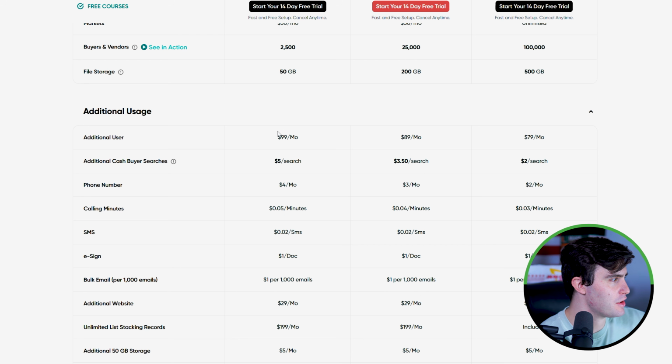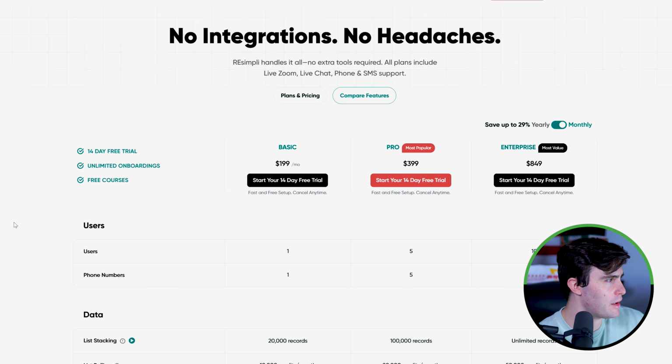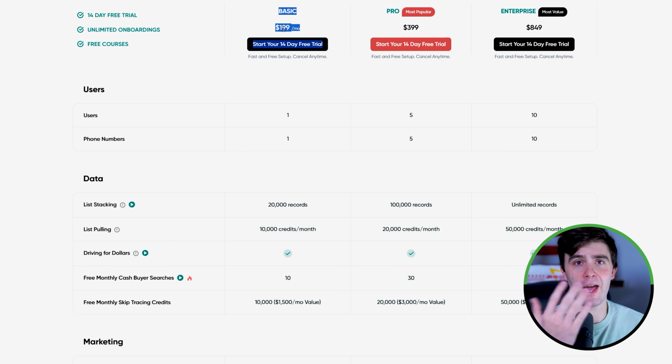And you got to pay for extra users, and you pay $5 for a cash buyer, $4 a month for a phone number, which again, I'm not getting the dialing. You got to pay $1 for the e-signing. The SMS is actually terrible price. Honestly, I mean, the free skip tracing is pretty cool here, and I got really nothing bad to say about it. You get 10,000 skip traces for $199,